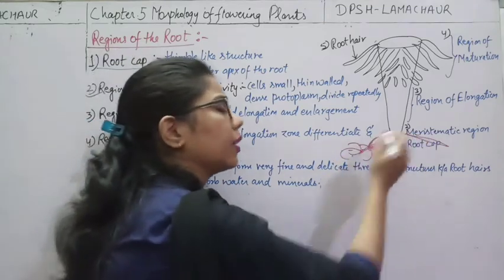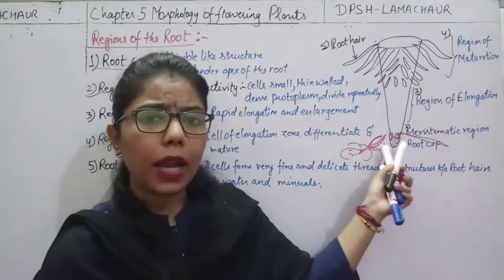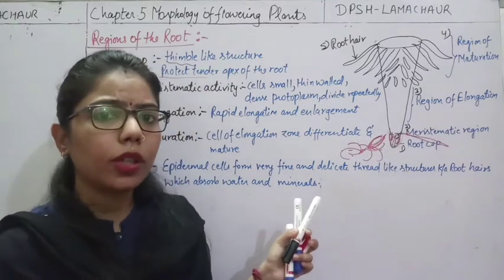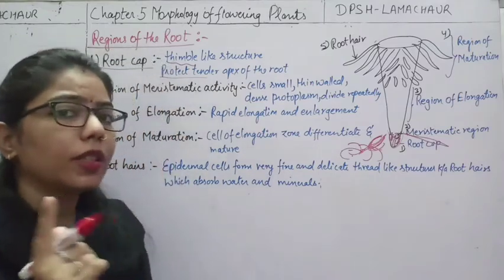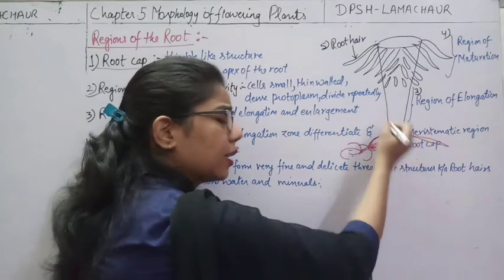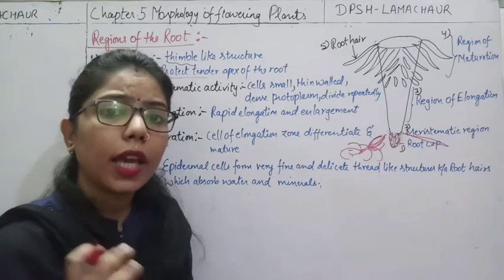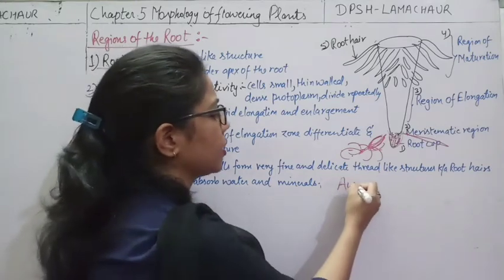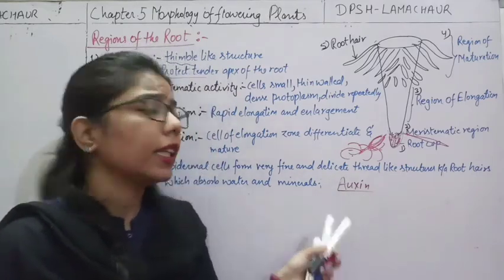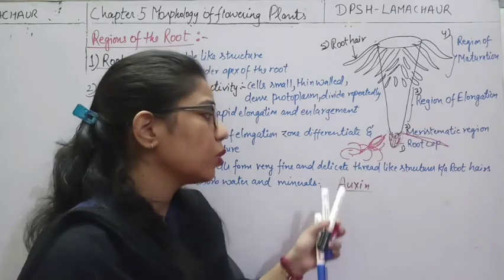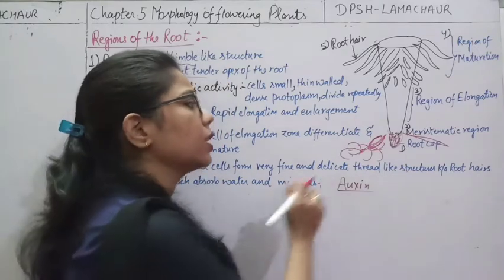So here this meristematic region has some plant growth regulator, for example auxin. We know about it, whether it is a root tip or a shoot tip. Make sure you understand what I am saying here. The tip of root as well as the tip of shoot contain more and more auxin. Later on we will study about auxin. What is auxin? It is a plant growth regulator, or we can say that it is helpful for the growth of the plant. So the activity of auxin is very high at the apex of the root, and due to this, what will happen?